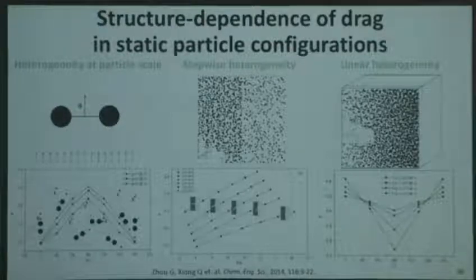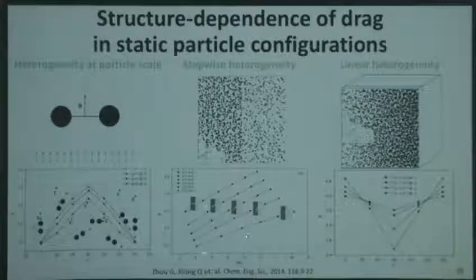If you have a very simple two-particle configuration with different orientation angles to the fluid flow, you have different drag. And if you have a stepwise change, then with different orientation to the fluid flow, there is also different drag. And the interesting thing is they both have a nearly linear